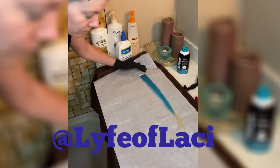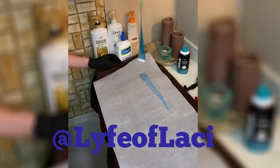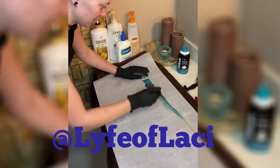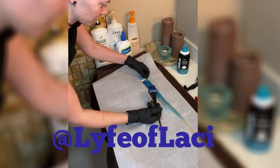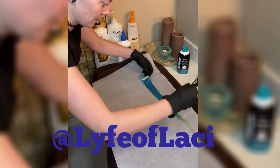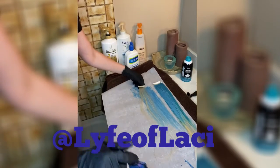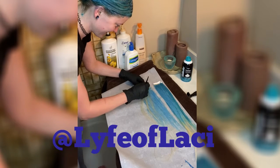As you can see, I'm going to flip over the extension just to make sure that there are no dry pockets, because if you don't saturate the hair, then you'll get gaps where parts of the hair will stay dry and won't take the color, and it makes your colors look super uneven. So to accommodate for that, you flip it over, make sure that you brush it in really well to really saturate that hair. And you just repeat this process over and over again, and that is what is going to give you a